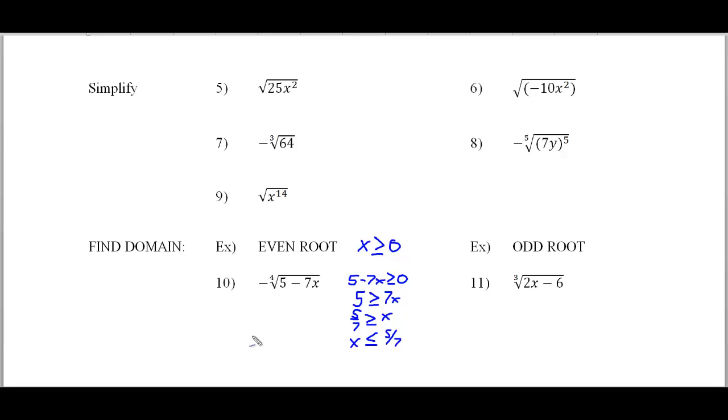And that would have either set notation that looks like this, x, so that x is less than or equal to 5/7, a little callback to some previous chapters, or we can have it using parentheses. X will go from negative infinity all the way up to 5/7 and not include it. Now odd roots are great. Odd roots, if we have an index that's 3, 5, 7, and 9, and all the odd roots, the domain is going to be real. And the simple answer for that is because if we take